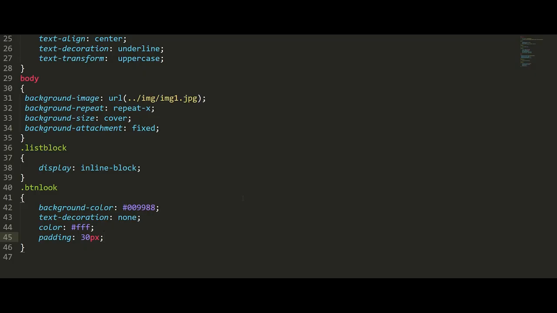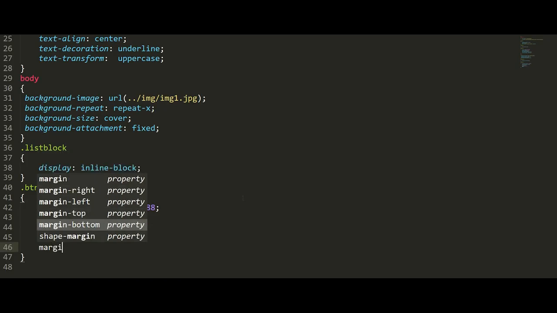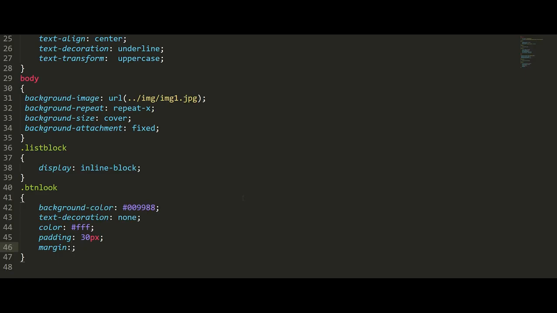Now we need to give space for the surroundings so that it will go down. For that I'm just giving margin, simply margin 30 pixel. You can notice now that margin means the space will be applied outside the box. Inside the box, towards the content, is padding; outside the box is called margin. Now it was not applied, let me see why.